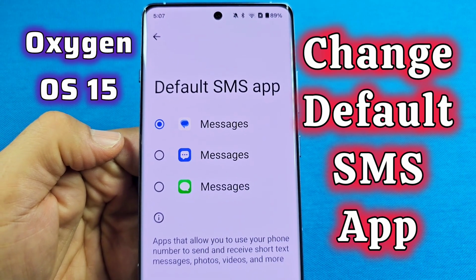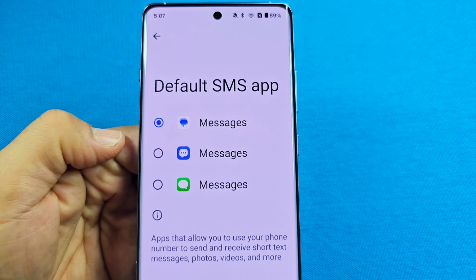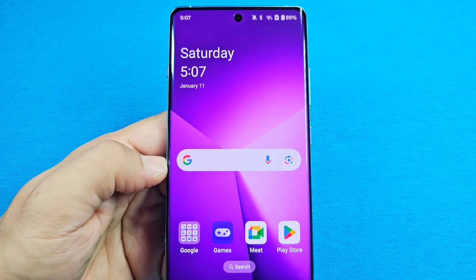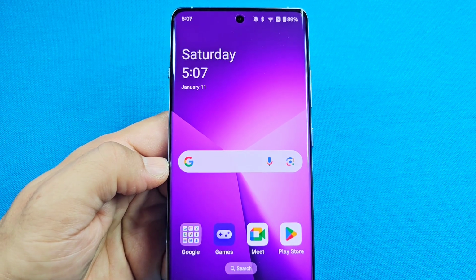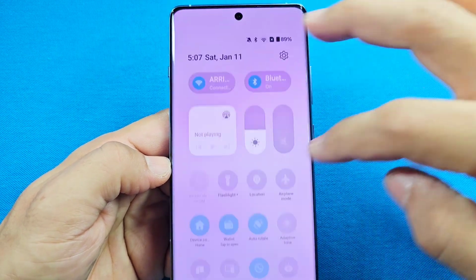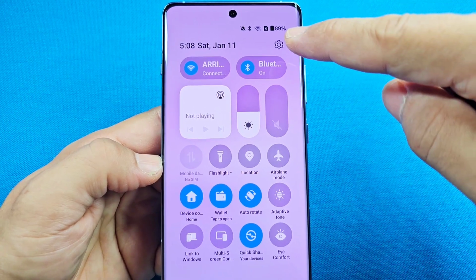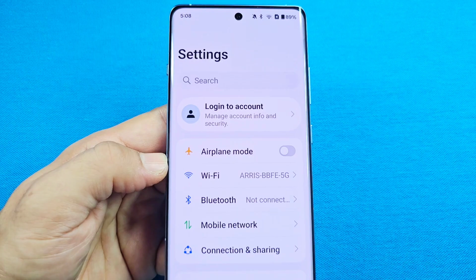Here's how you can change your default SMS app on your OnePlus phone with Android 15. Whether you have another messaging app you want to use or an app you just installed from the Play Store and you want to change it to your default SMS messaging app, use the quick access, go into the settings toggle right here, this one right there, and as you tap on it one time, you'll be taken to this